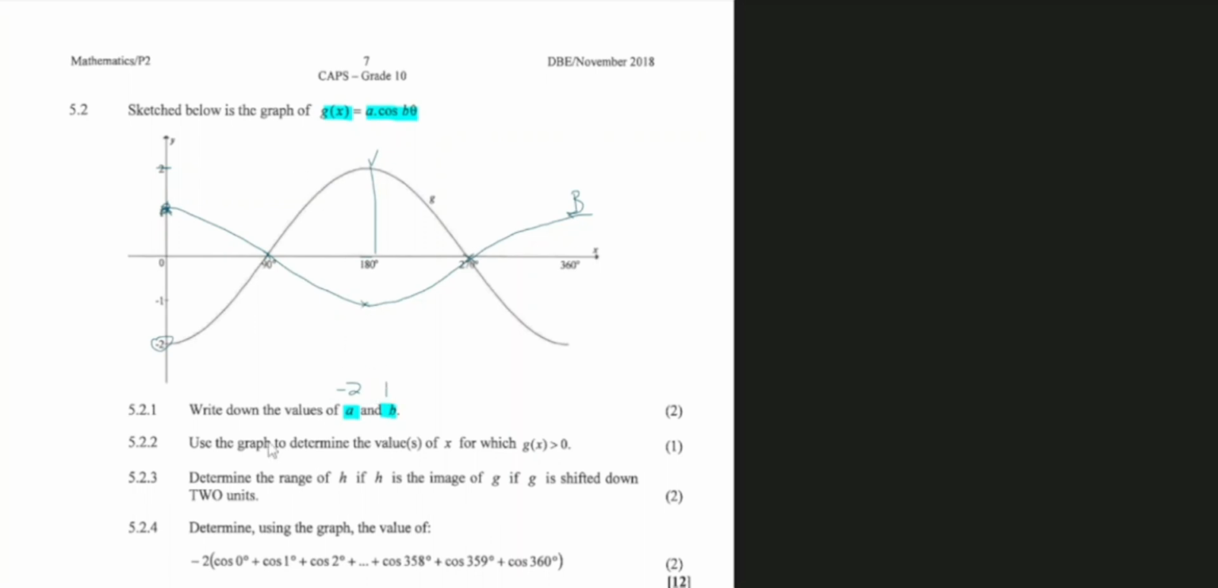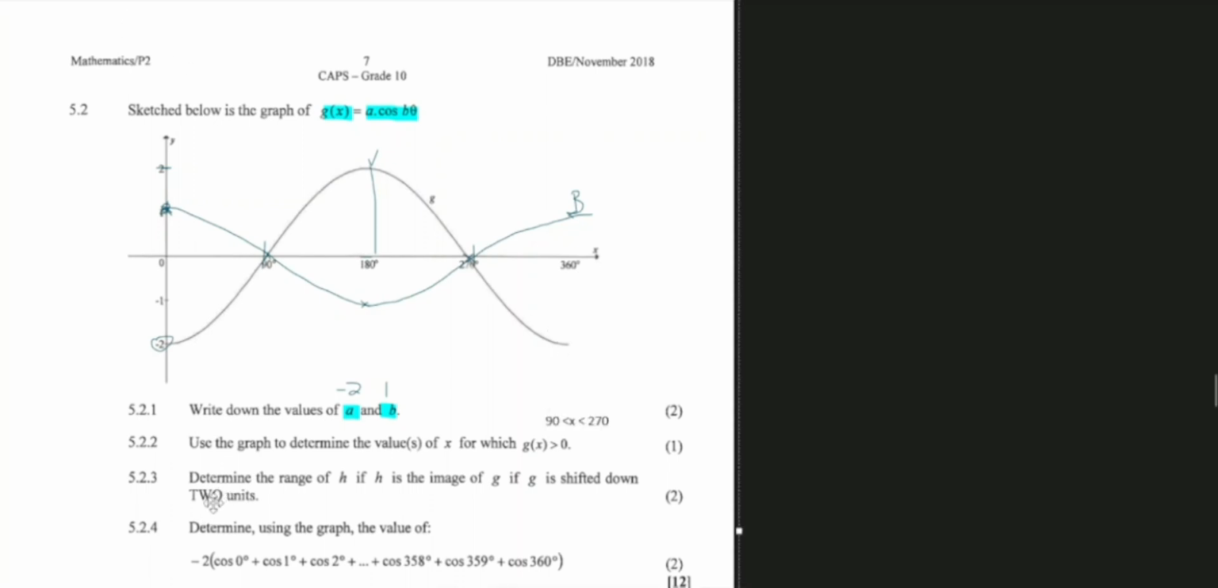So for 5.2.2, it says use the graph to determine the value of x or the values of x for which g of x will be greater than 0. Okay. Where is g of x positive? Between 90 and 270. So literally you will write here,